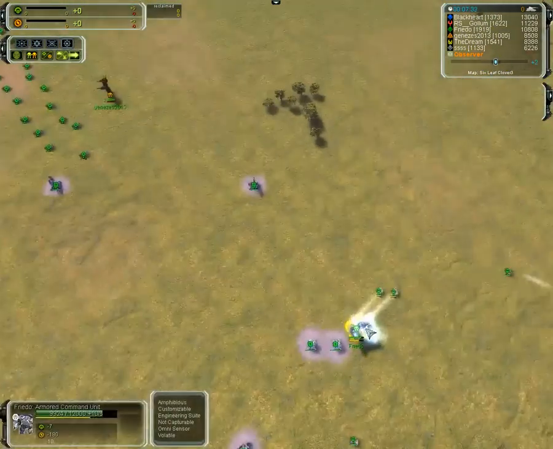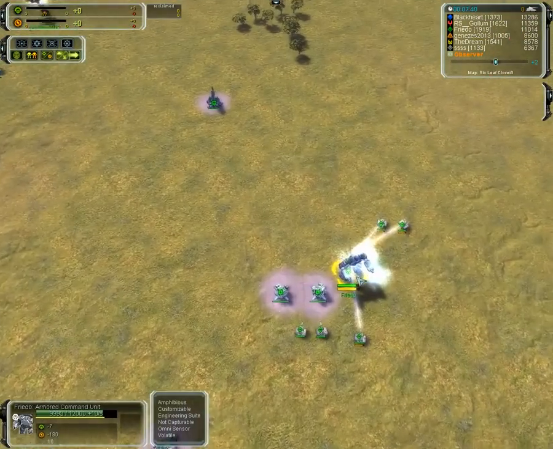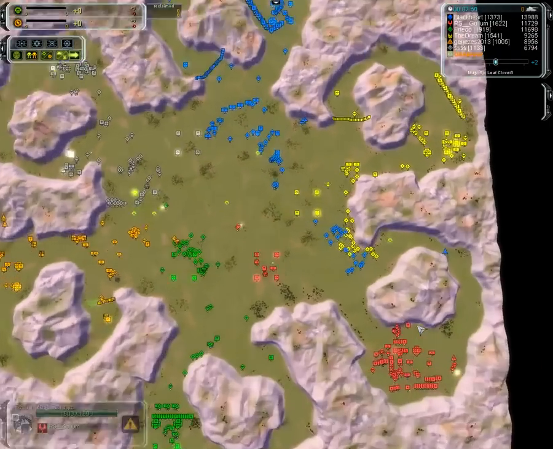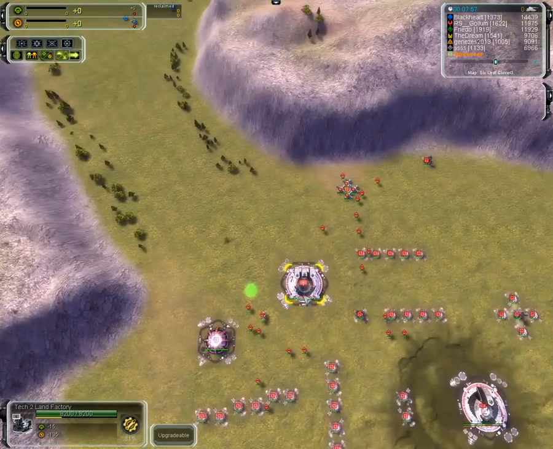Frito looks like is the one going to be responsible for Tech 1. And I would see Genesis and Frito both gaining upgrades. Nice Tech 1 land spam from Blackheart. And Ukraine is not going to move in. And that could be a very big problem